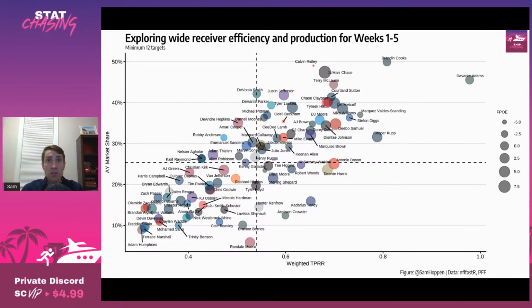He's running 69% of his routes out of the slot, and that aligns pretty well with his 6.4 yard average depth of target. I mentioned last week that I'd still be holding on to Marshall and that I think he has a shot to break out in the second half of the season, but it's actually a lot worse than I thought. And Crosby's moaning here because he agrees, but Marshall is only averaging 4.7 PPR points per game and hasn't cracked double-digit fantasy points in a game yet this season.